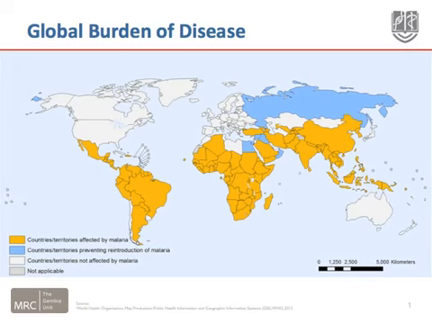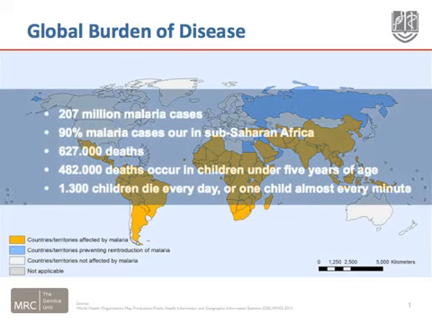Globally, there were an estimated 207 million cases of malaria in 2012 and an estimated 627,000 deaths. 90% of all malaria deaths occur in sub-Saharan Africa. Again in 2012, malaria killed an estimated 482,000 children under 5 years of age, 1,300 children every day, or one